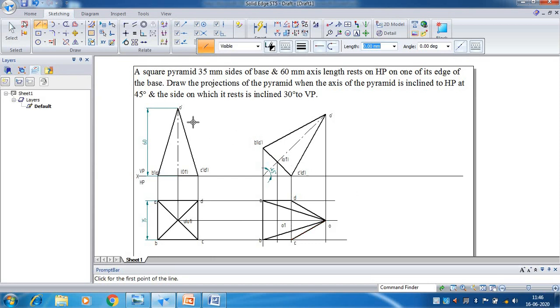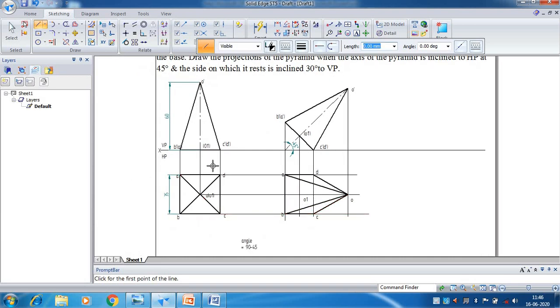Now for the third step, the side on which it rests is inclined to VP at 30 degree. So here in the first step, no doubt it is resting on all the 4 base edges, but when you rotate this pyramid towards right side, that time it is resting only on this corner, that is edge CD. So this CD should coincide with that 30 degree reference line.